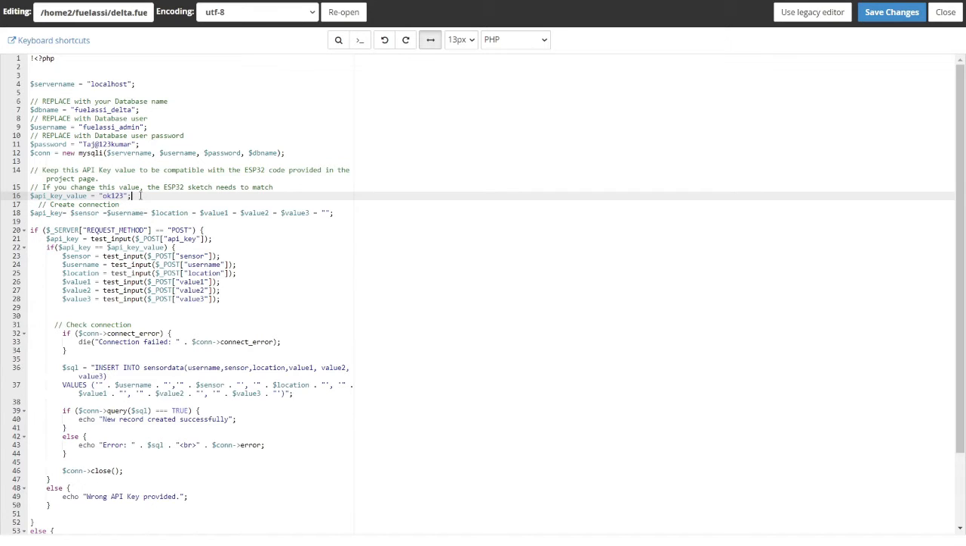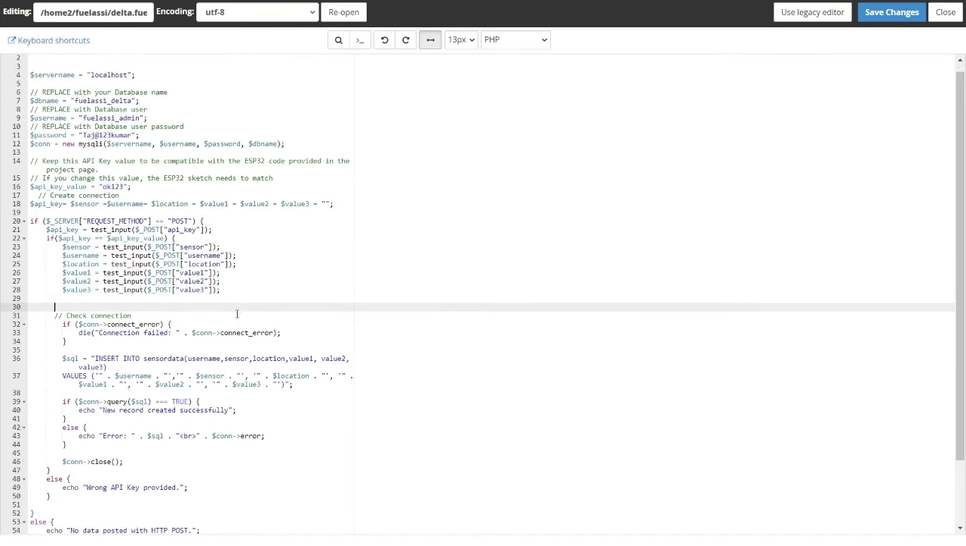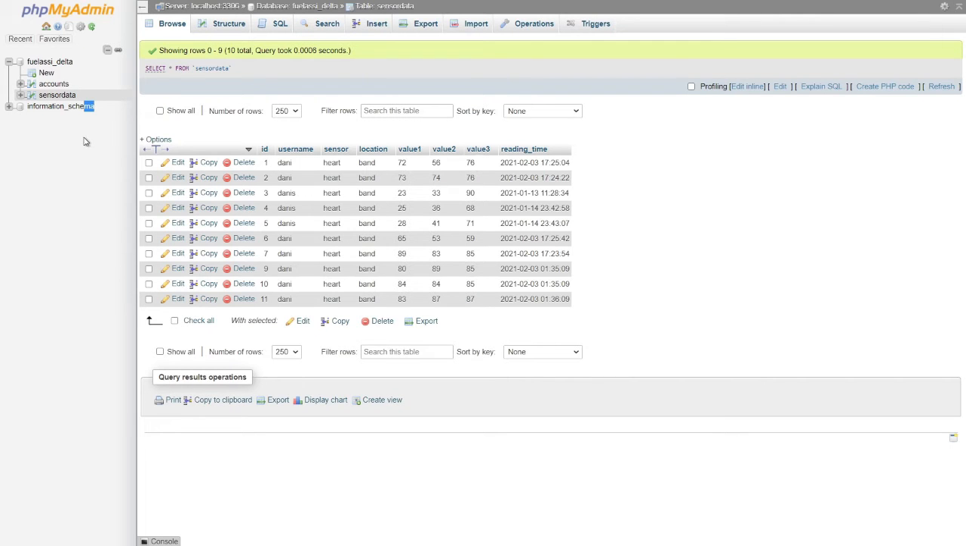Whenever the pushed API key and the fetched API key are equal, only then is the data obtained from the NodeMCU pushed to the MySQL database. Here we can insert it into the tables. Here we see the sensor tables, and here the sensor data, the usernames and the values obtained,